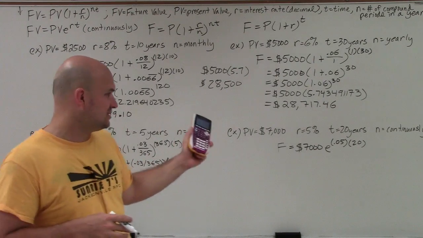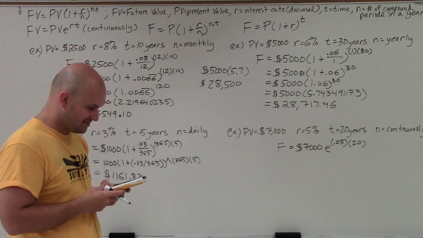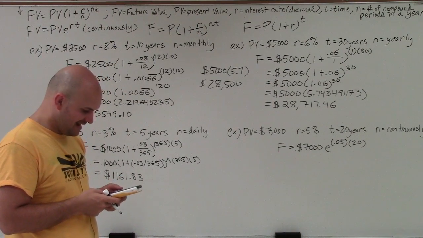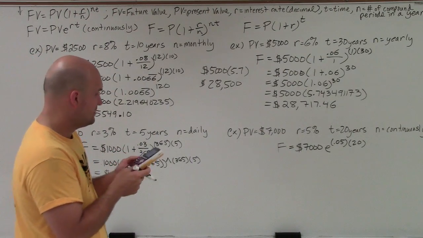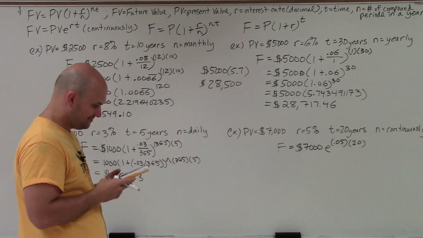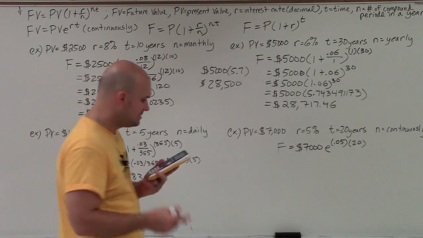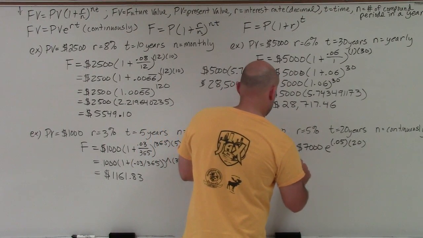You can do these separately, but I like to plug it all in together. So I'll type in 7,000 times my E raised to the caret, which is my second ln. Then I'm going to type in 0.05 times 20. And when I hit enter, I get